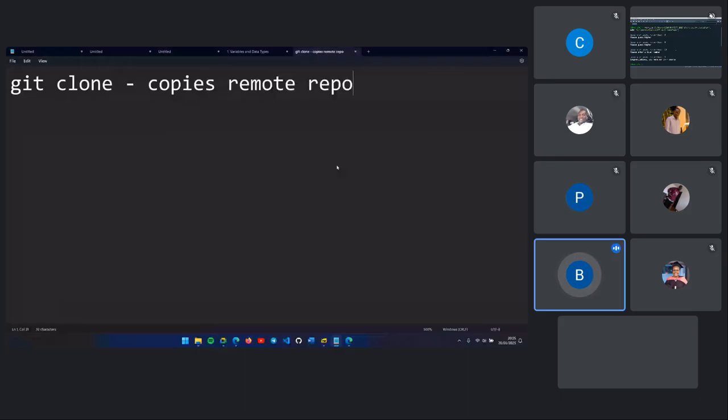And we had seen git init. We had said that git init initializes an empty Git repository. And we had seen that this empty repo